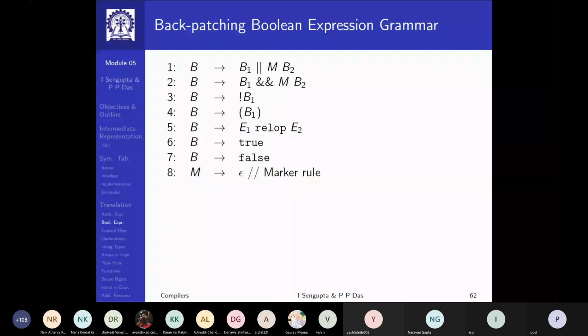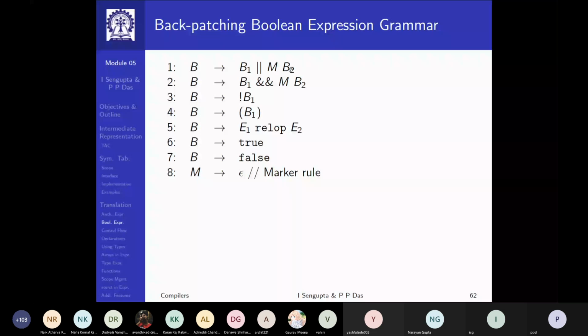And that is where this marker becomes important. Since you have put the marker here, in terms of the reduction, first the whole thing gets reduced to B1. Then obviously the reduction of this epsilon to M will happen. And then the whole reduction of the rest into B2 will happen.